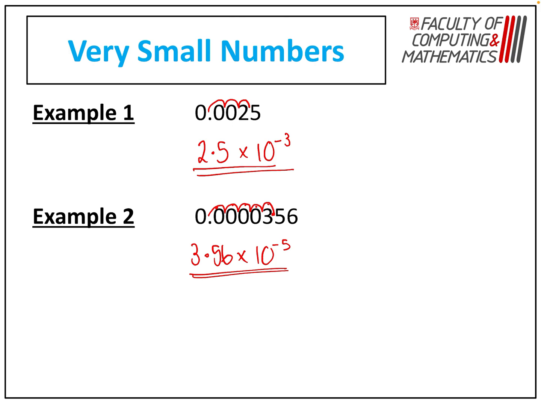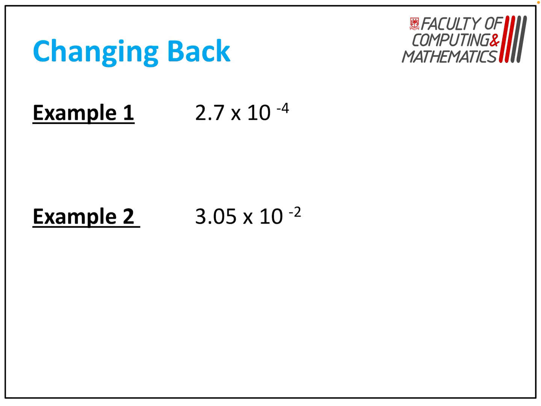And the last thing that we should already be able to do is turn those back into full. So again, this time we want to move the decimal point to the left 4 places to put it back where it was. So that means that we have 0.00027. And just check, 1, 2, 3, 4. Yes, that works. Okay, so 0.00027. And then the same with the last one. If I move my decimal point 2 places back again, I will end up with